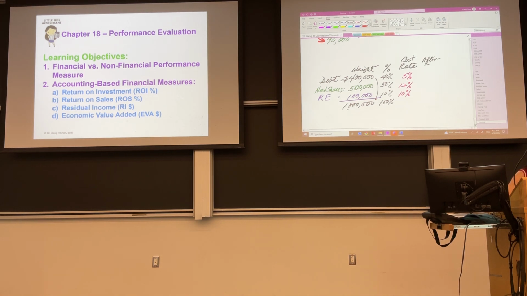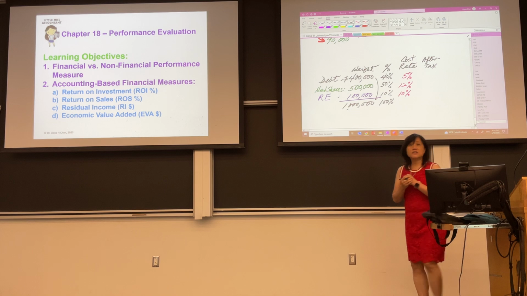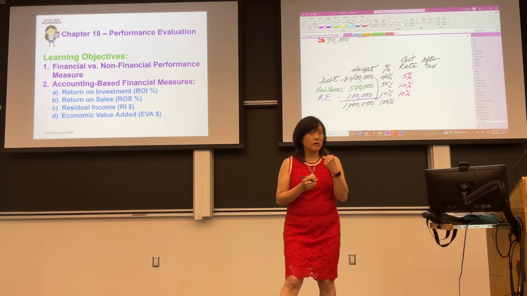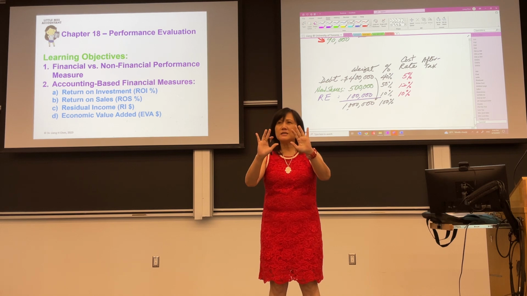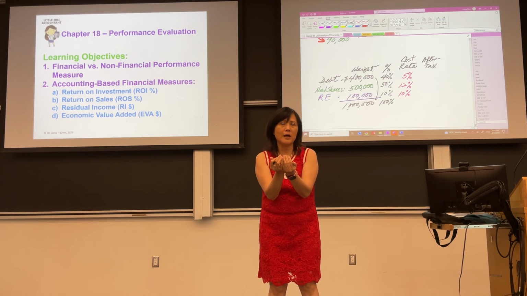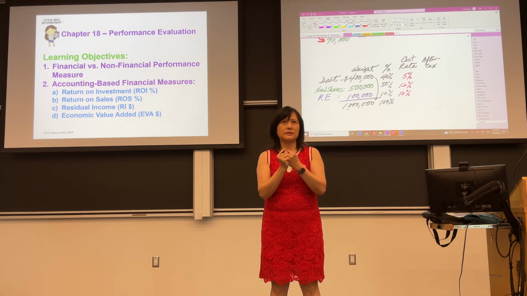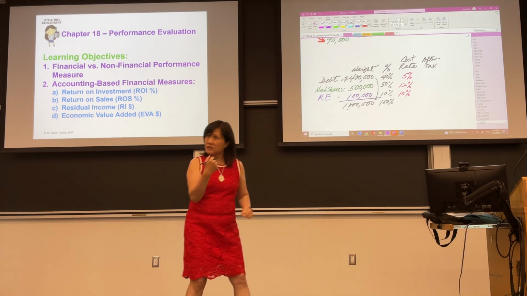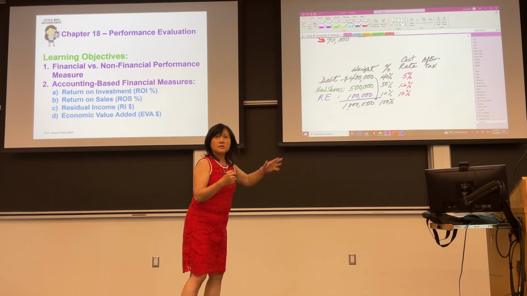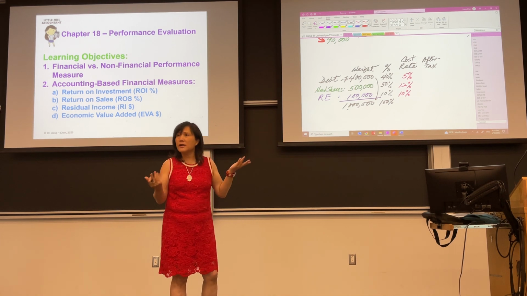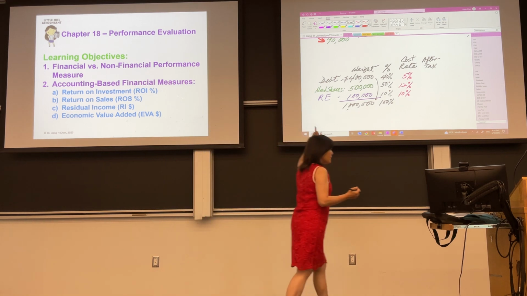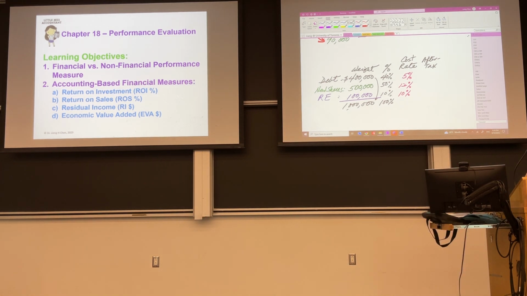Another thing is, if we use debt, we have to pay interest. Interest is what we call tax deductible, because the interest expense we subtract from the income statement, so you have a smaller taxable income. You pay less taxes, so having interest is good. But your dividend is paid after you pay taxes, one for one, you don't have any benefit. So only the debt, we get the tax benefit: 1 minus the tax, 25%. This is all 1 and 1.